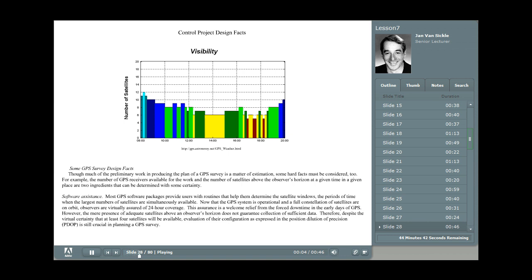Well, getting around is an issue, and permissions and so on, but also consideration of what the constellation is doing must be taken into account. Of course, the satellites need to be available and visible, and the same satellites need to be visible at both ends of the vectors that are going to be occupied. So, luckily, most GPS software packages allow you to know how many satellites are above a horizon at a particular